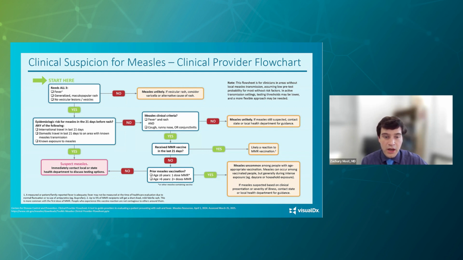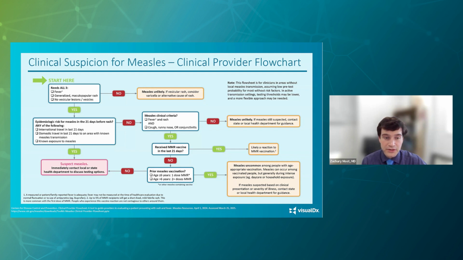And if they do, well, if they've had their MMR vaccine in the last 21 days, be aware that the MMR vaccine itself can cause a reaction that leads to a measles-like rash. People who have that reaction are not contagious. They can't spread the disease to anyone. It's very mild and it goes away very quickly, but it could look a lot like measles. And so you want to try to avoid testing people in that group. And so if it does fit well with people who had the measles vaccine, then it's likely a reaction to that. And then you check whether they are immune to measles or not.